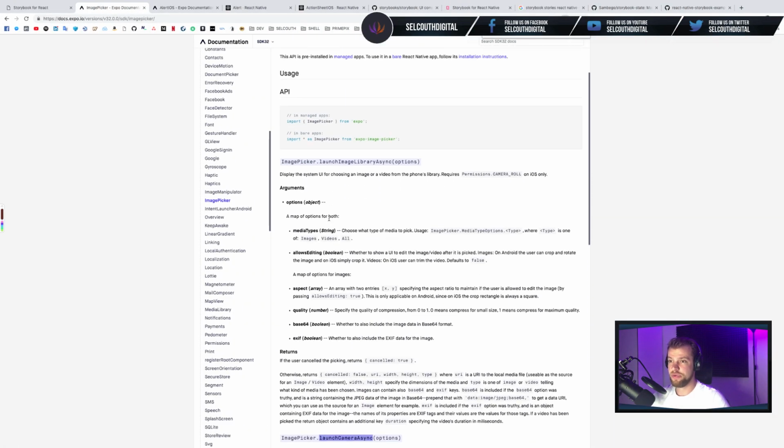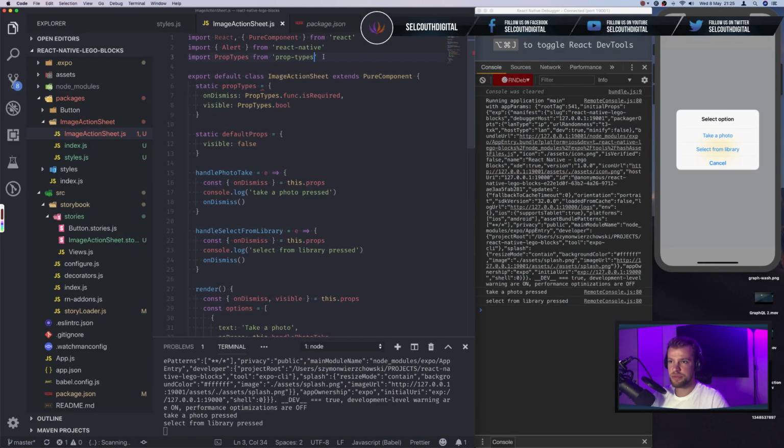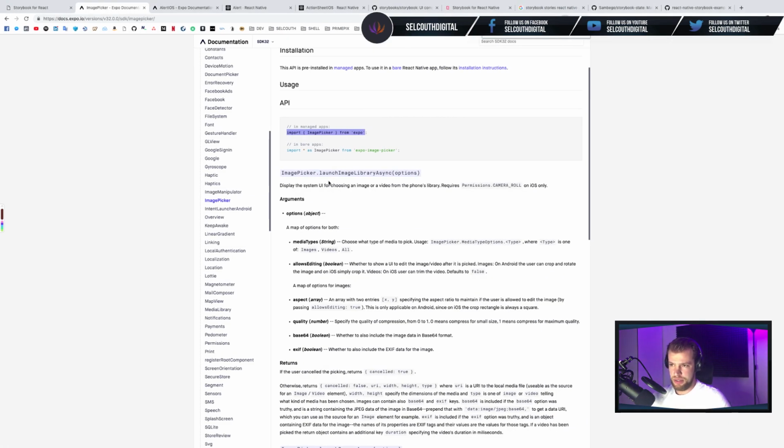For that purpose, we're going to be using the image picker from Expo. So this is what I'm going to import first. Image picker from Expo. And then